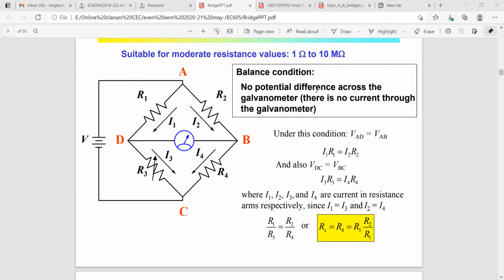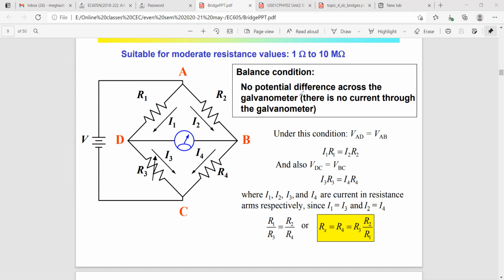The actual formula with respect to this particular diagram is R4 equal to R3, R2 upon R1, because R3 here acts as the variable resistance. Now, if you take R2 as the variable resistance, how will it become? Tell me. In my question R2 is the variable resistance, so how will you write the equation? R2 multiplied by